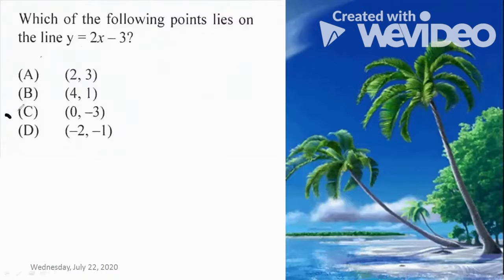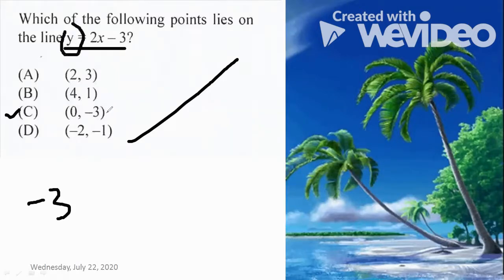Alright, so we're going to go to C, which is the correct answer. Let's try C now. So we have C, we're going to have negative 3. Because remember, we're using this, right? So we have y here. And the y value corresponding to this point is what? Negative 3. We have negative 3 equals 2,